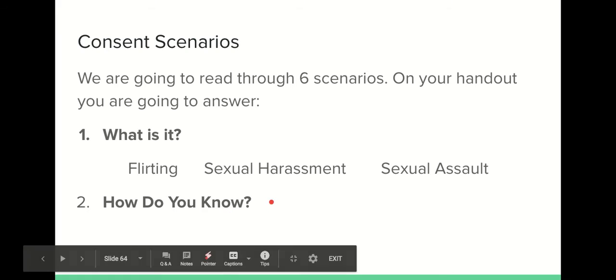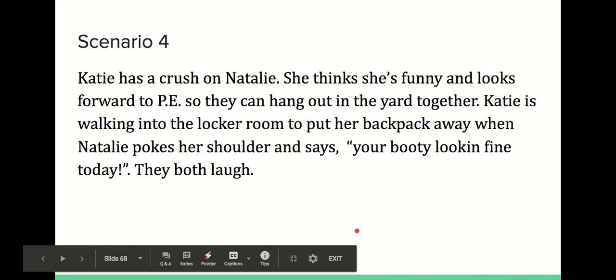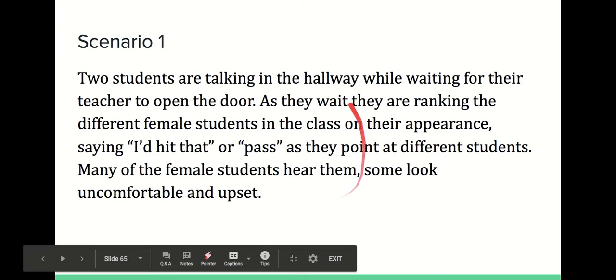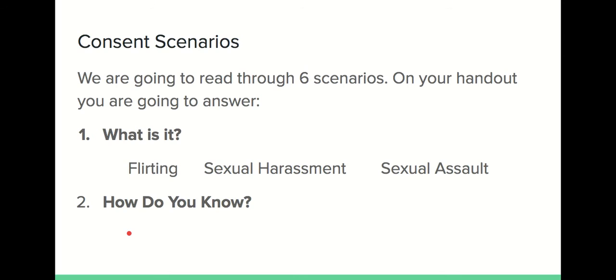So there is an attachment on this assignment that's got all these scenarios on it. You're going to open up these scenarios. You're going to read the scenario, and then you're going to answer, what do you think it is and why? If you've got questions, please text me,